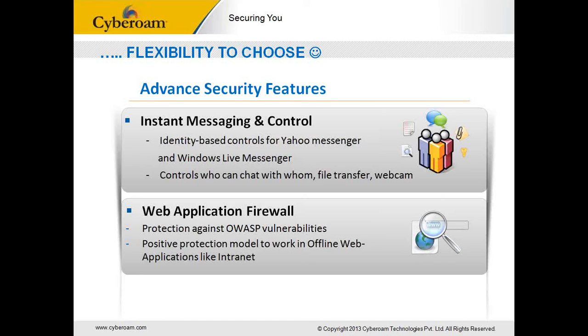Or the web application firewall, right? We talked about the defacement of websites. So a web application firewall becomes a very important part of gateway level protection, because it would protect you against vast vulnerabilities, and it should ideally have a positive protection model so that it can work for offline web applications like an intranet, right? Or you go to a defense kind of organization where there is a thin gap